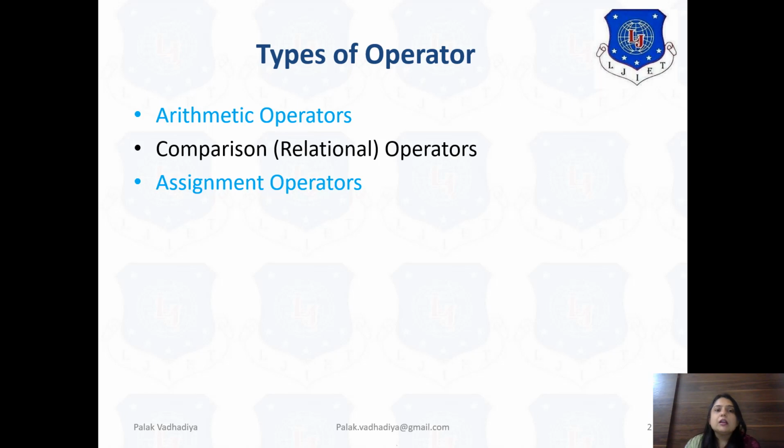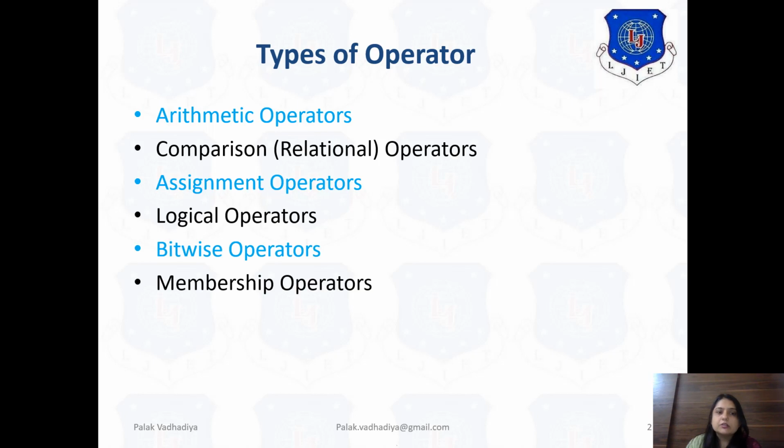The assignment operator is obviously equal to. In today's session we will discuss logical operators, bitwise operators, membership operators and identity operators.